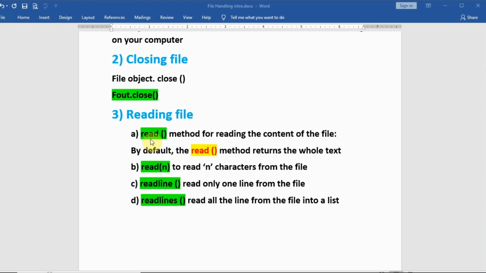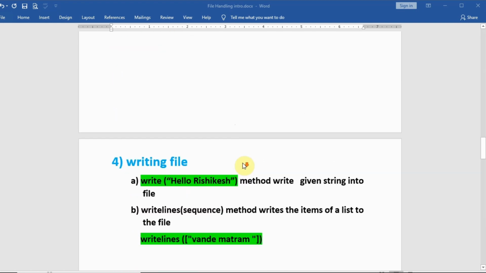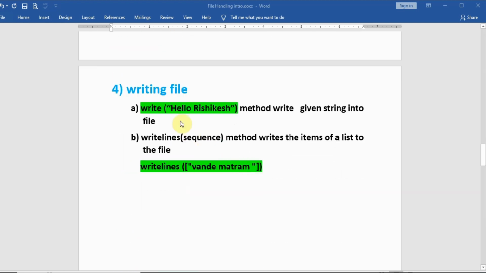Now the next operation is writing a file. For writing in a file we have different functions like write and writelines. The write function just writes a string; whatever we provide to the write function, it will write into the file. And writelines writes a sequence into a file.